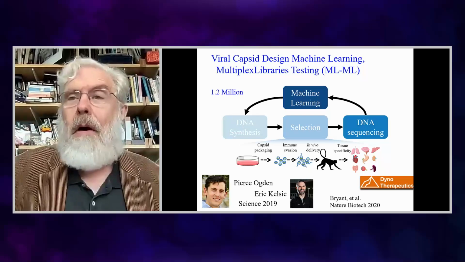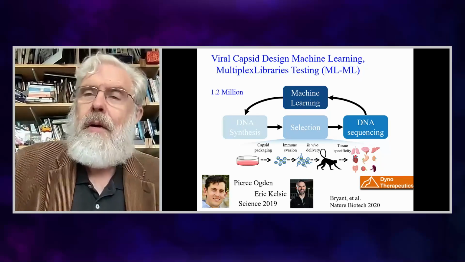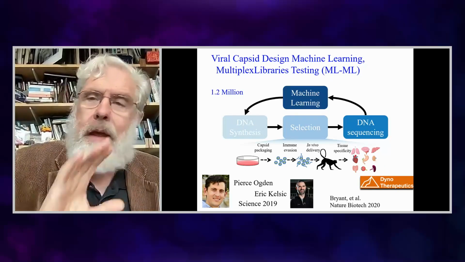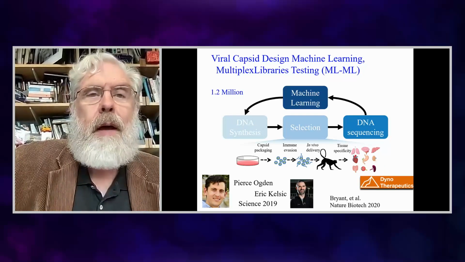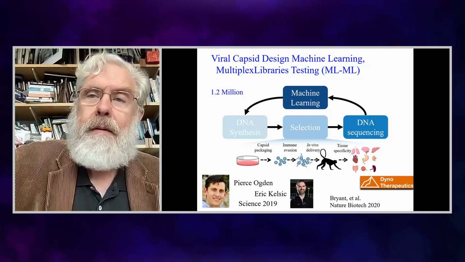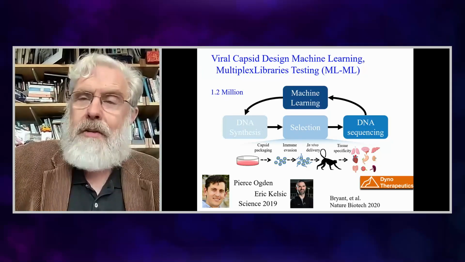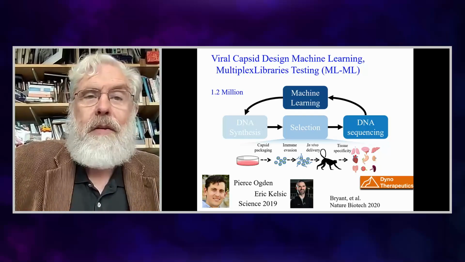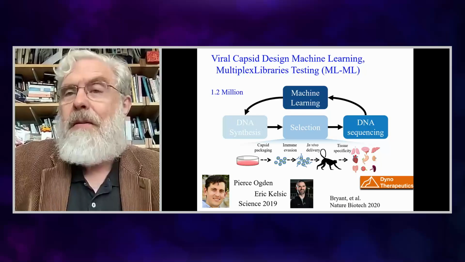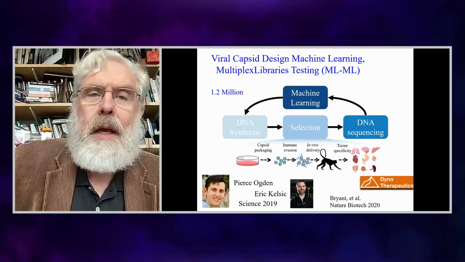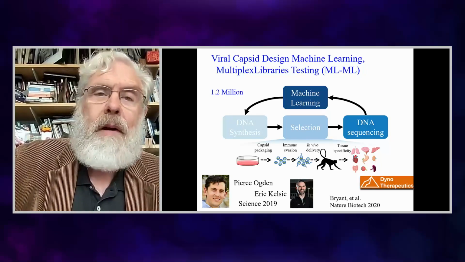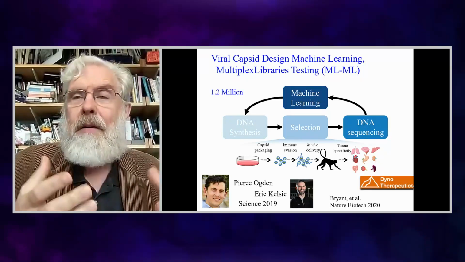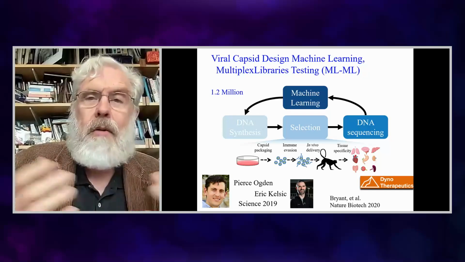Or you can target all the cells in the body, as you might want to do for age-related diseases, or all the stem cells, the ones that are dividing. Anyway, that targeting is done by cycles of machine learning and DNA synthesis, where we don't make random changes. We make the ones that are defined by the machine learning. And then we can inject even an expensive animal model like a non-human primate and see where the virus particles go. Now remember, the gene therapies don't contain viral DNA. They contain your favorite gene or genes.